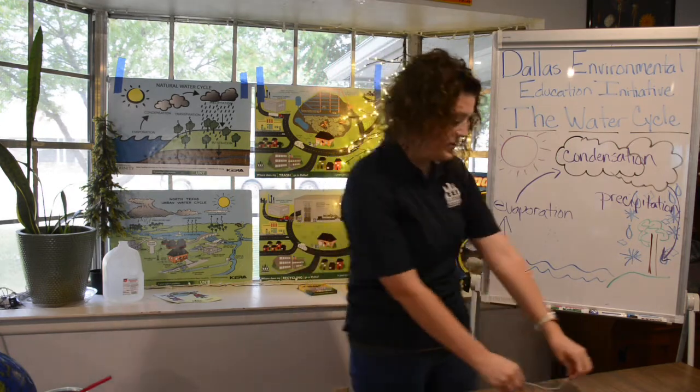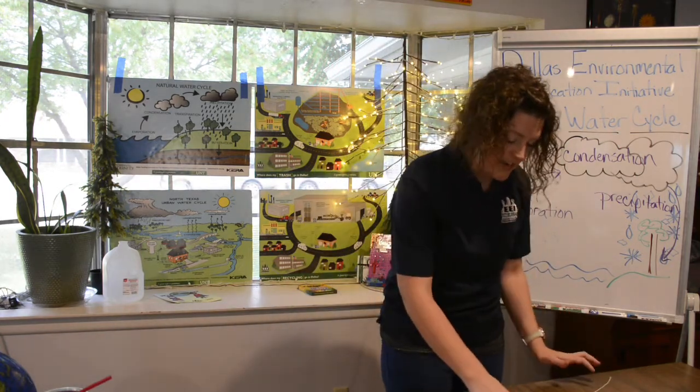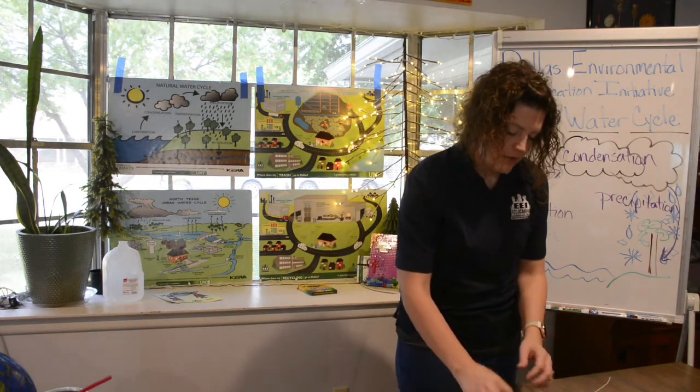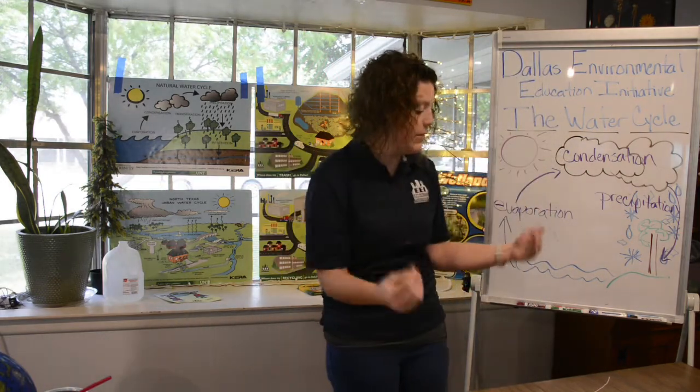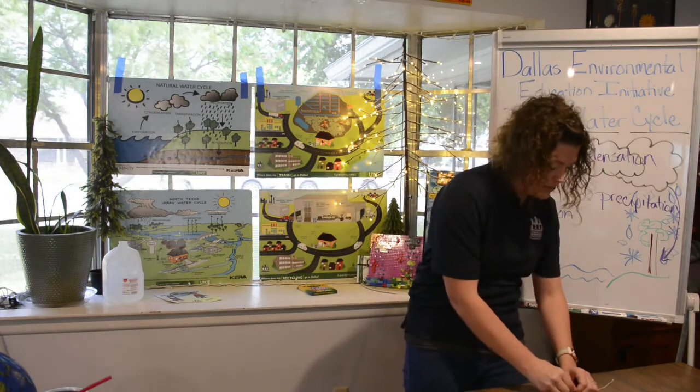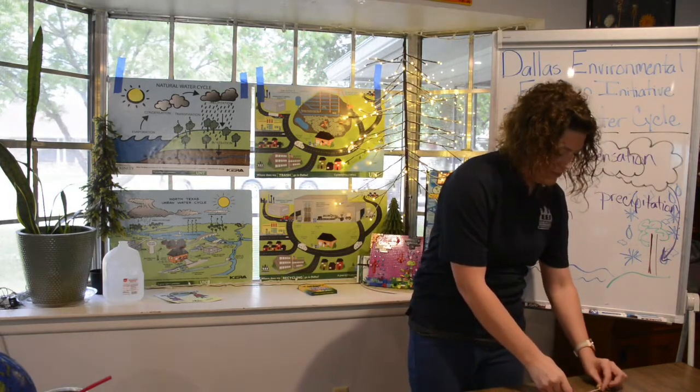Now, I have my elastic. I'm going to leave it flat on the table. And then I'm going to get a yellow bead for the sun, because without the sun, we wouldn't have the energy, right, to lift that water and keep it moving. I'm going to slide it right to the middle of my string. And next,